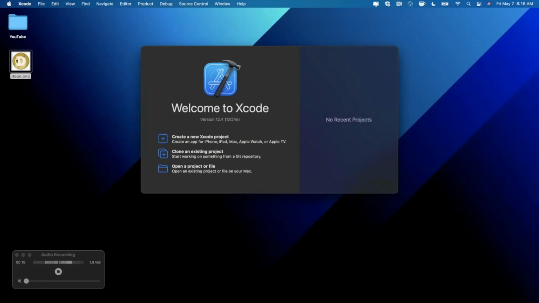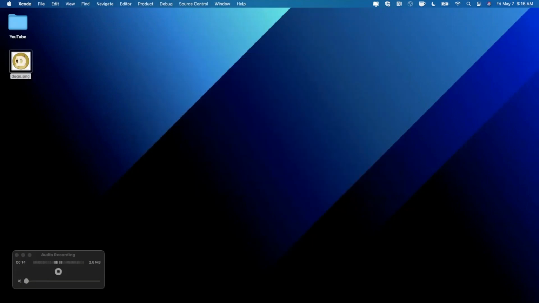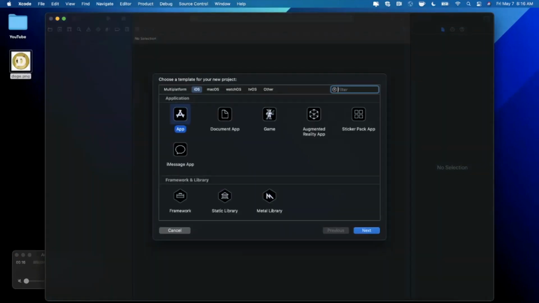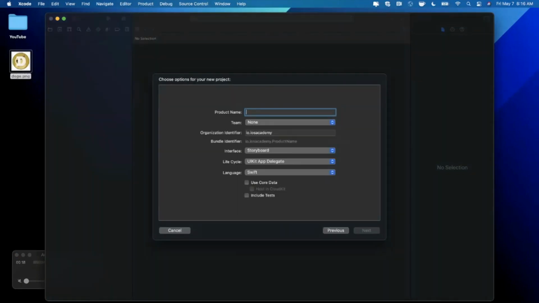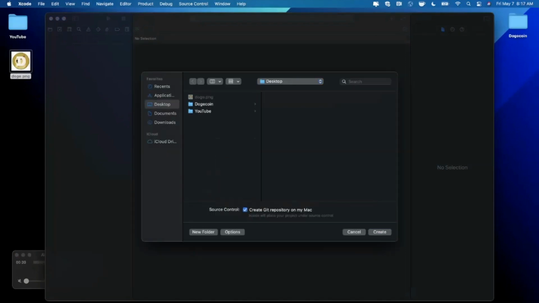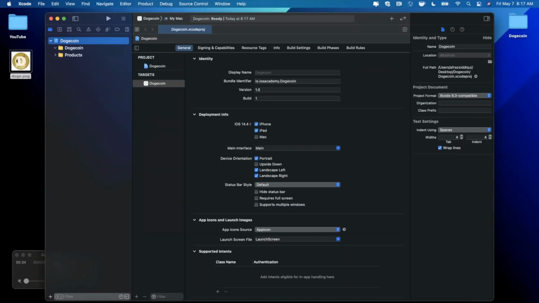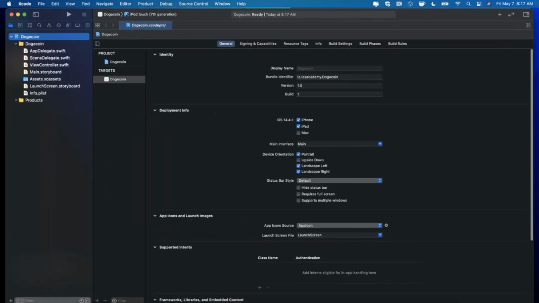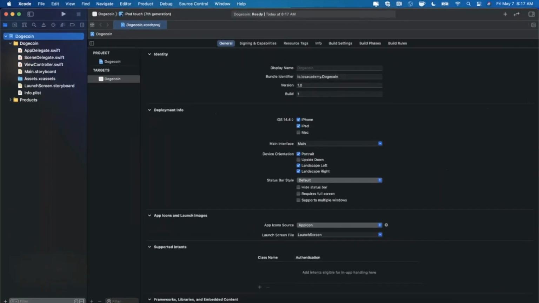All right, we're gonna go ahead and get started by opening up Xcode and creating a new project here. We're gonna stick with the app template under iOS, and let's go ahead and call this app DogeCoin. You wanna make sure the language is set to Swift, lifecycle UIKit, and interface is storyboard. Go ahead and continue, save the project wherever you'd like. I shall toss it onto my desktop here. And once Xcode creates it, go ahead and close this right panel, expand your window, and let's jump into our